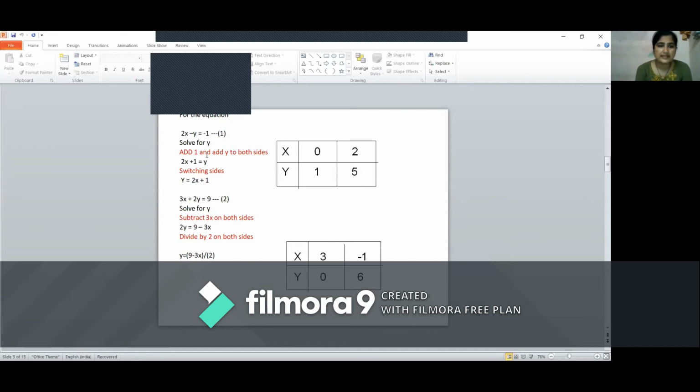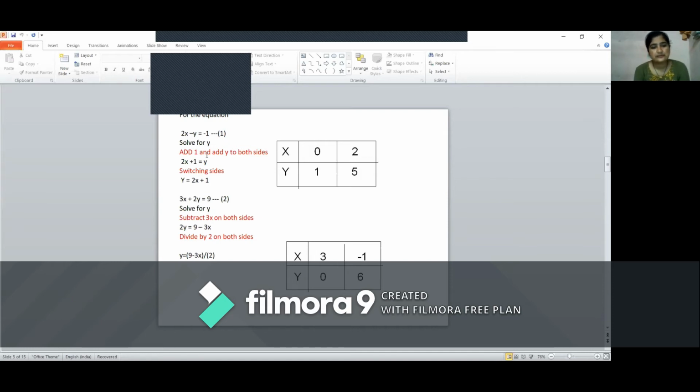Now third one, have a look at the third column. Here I have taken x as 2. So substitute x is equal to 2 in y is equal to 2x plus 1. So I have y is equal to 2 into 2 plus 1, that means 4 plus 1, y is 5. Okay, now I have two pairs. First pair is 0, 1 and second pair is 2, 5. You can put any values of x and y, whichever you want. I have taken two values for x, and correspondingly I got y as 1 and 5.